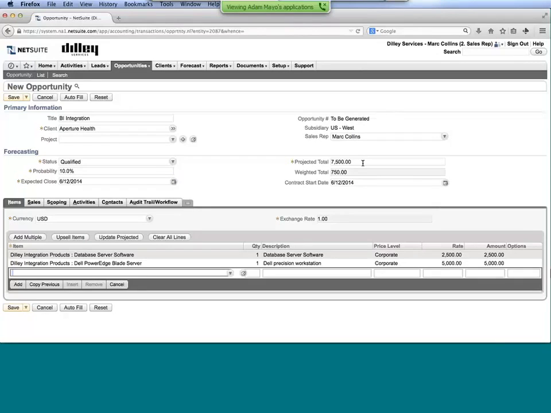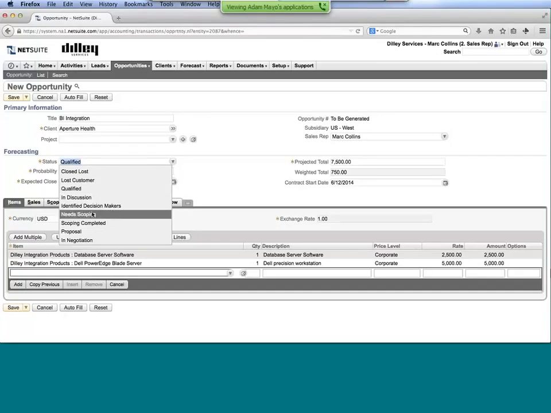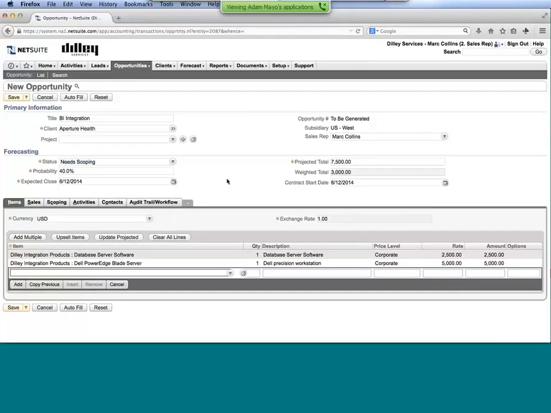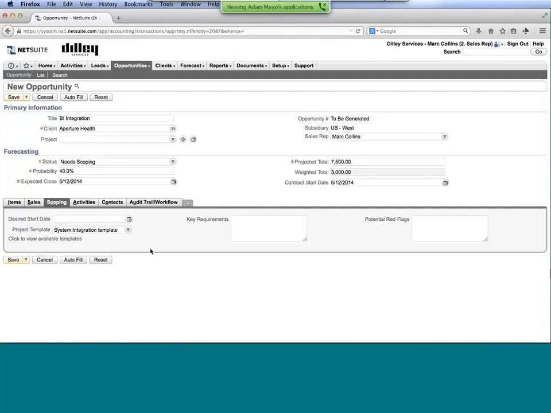Now from here, I might say, as the sales rep, I'm not really sure what level of effort it's going to take. This is going to be a full project. They're going to do the install, but they're also going to be doing a full integration project for this particular prospect. So from here, I'm going to switch my status to need scoping. I need to actually have someone from our professional services team go in and scope out the delivery of the project work. You might have tabs like the scoping tab that you're seeing here, where as a sales rep I can pass along some of that information. So maybe they're looking to get started next week.